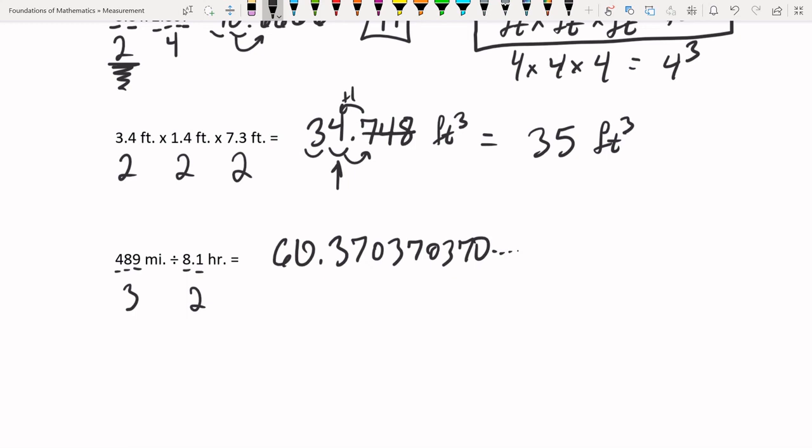But we're rounding to two significant figures. So we round 1, 2 places, rounding to this place. Look at the next one, that's not 5 or greater, so we just drop that whole part. And we get 60, and this is miles divided by hour,